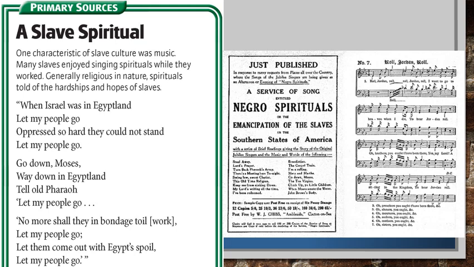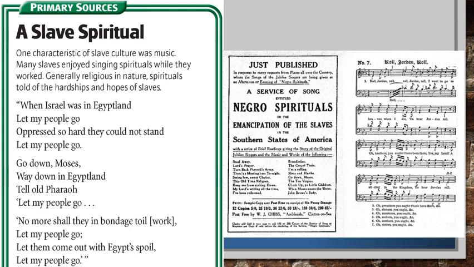So we know a great deal about them, but we don't always know exactly what slaves sang and how they sang it. We do know that they liked songs that helped them subvert the power of the planter by talking about God's ultimate justice, or rescue, such as "Go down, Moses, way down in Egypt land, tell O Pharaoh, let my people